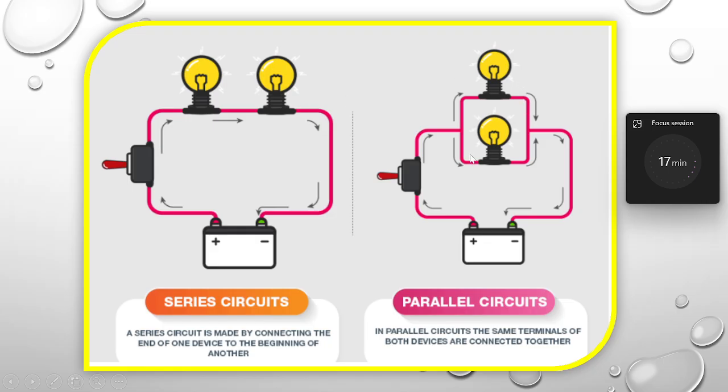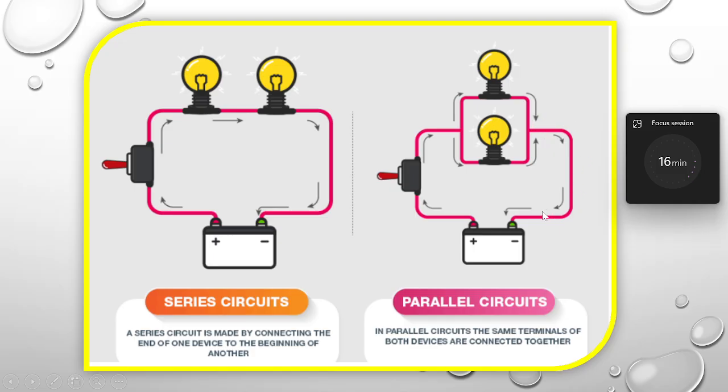Now, imagine this parallel circuit. There are two benches, one for each. One bench, first student, second bench, second student. And one end of each of these two LEDs is connected to the switch, and the other two ends of the